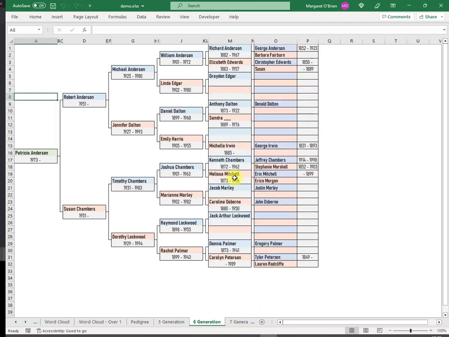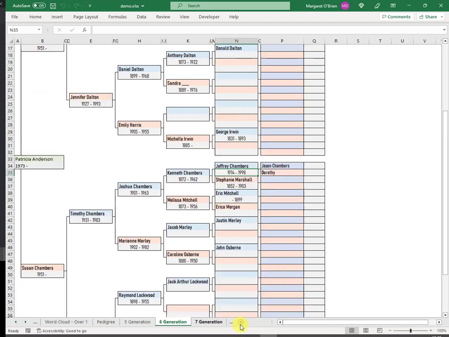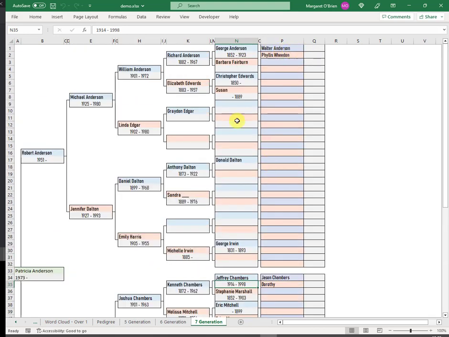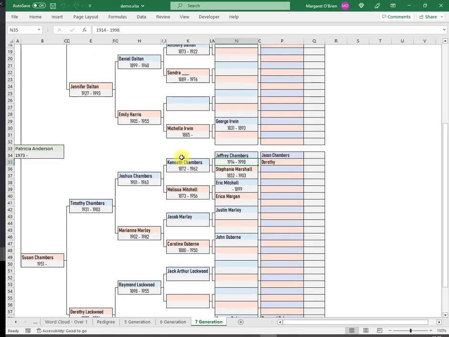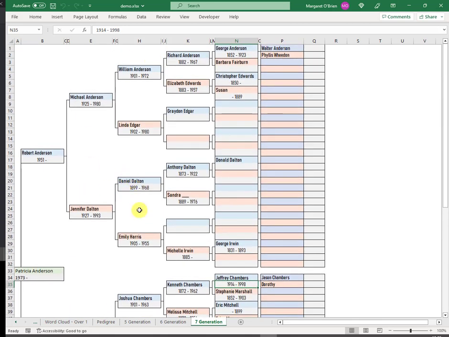Here's the 6th generation pedigree tree. This also fits on a single landscape page. And then the 7th generation tree, of which this particular tree has quite a lot of gaps, missing a lot of dates here. But this is formatted to print on 2 landscape pages and you can tape them together top and bottom. There's a link in the companion article that will take you to the details of how to